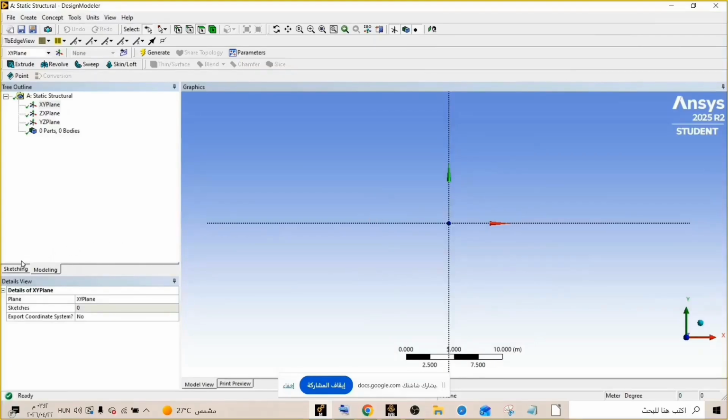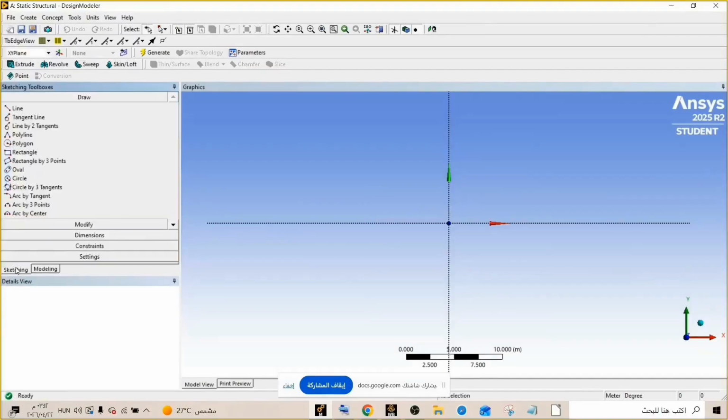So now I'm going to model. So go to sketching and draw. So draw a line. So here you can see various sketching tools. So in this axis, I'm going to draw a line.